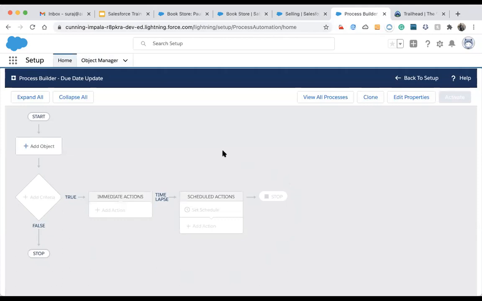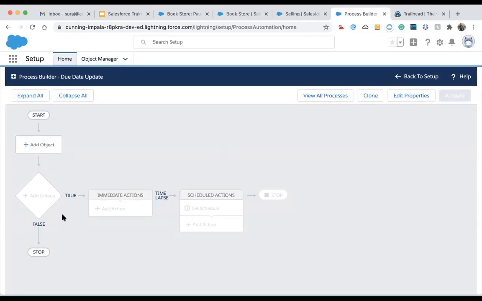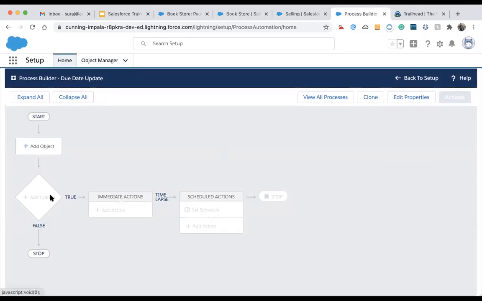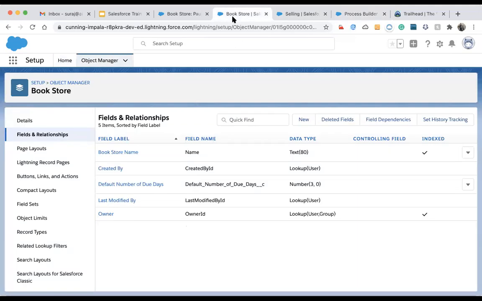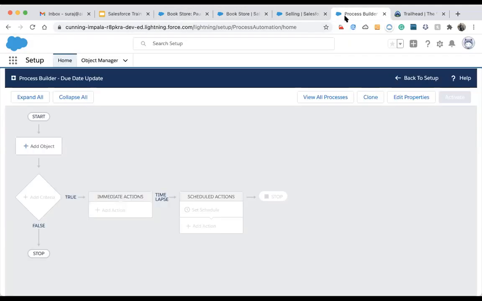We can design as many rules as we want in the same process builder. In a workflow, if we have to consider two different rules for the same object, we have to design two different workflows. But in the process builder, we can design as many rules inside it. You can just add a rule, add as many criteria as you want, and then define actions on the basis of those criteria.